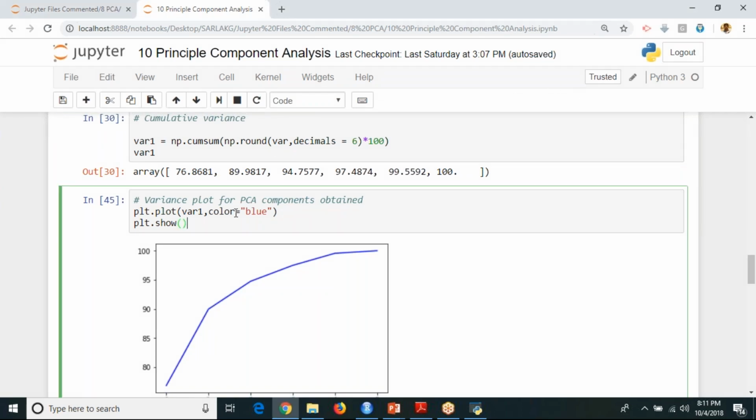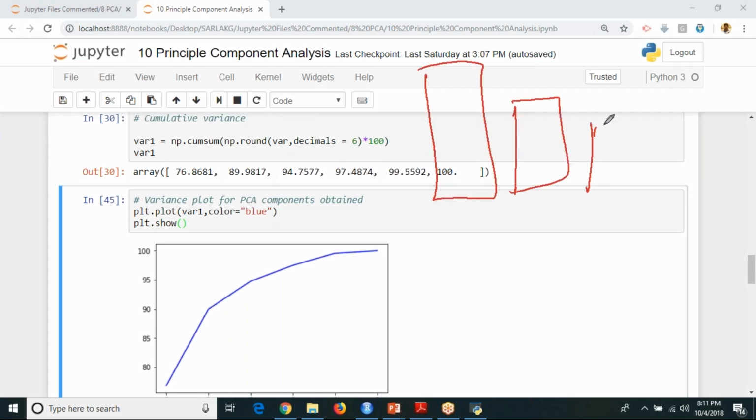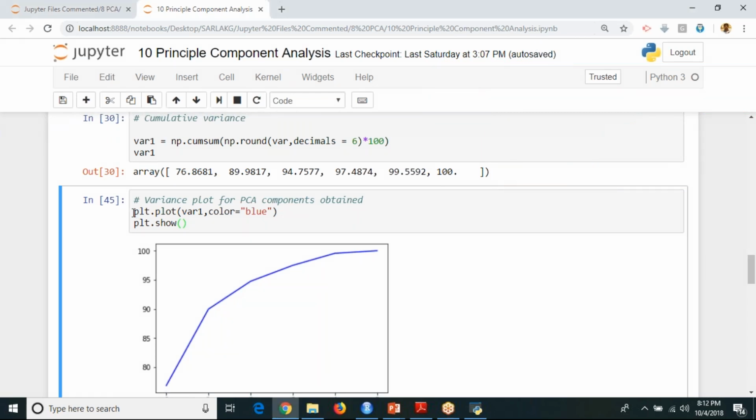And you can see this. I'm next plotting here. Yesterday I showed you with respect to the bar plot, right? It plotted like this. You are able to see that they are arranged in descending order. So if you want to plot your variance with respect to Python, you can use this plt.plot function, and this will plot your variance as a line chart.